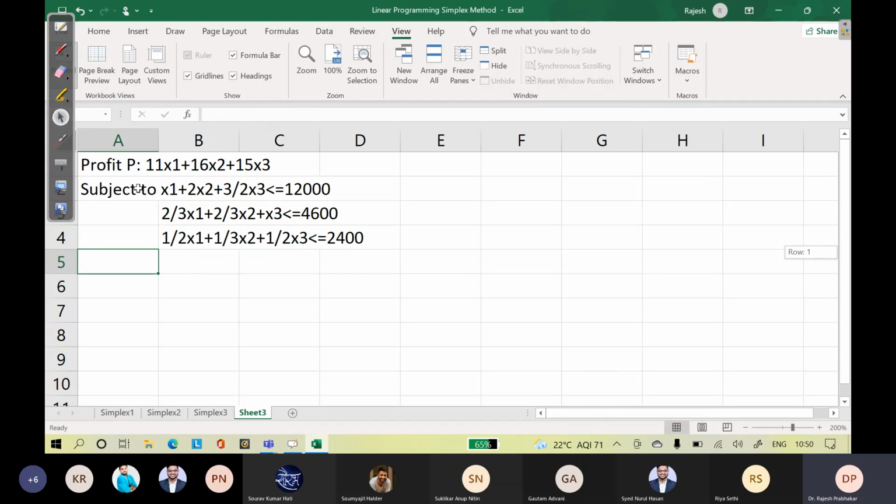Here x1, x2, x3 are three production processes: molding, trimming, packaging. And the constraints are time available. So can you put it in the chat box, sir? You want us to put it in the chat box?